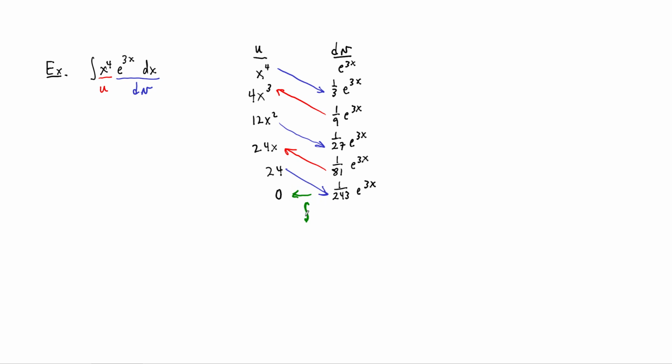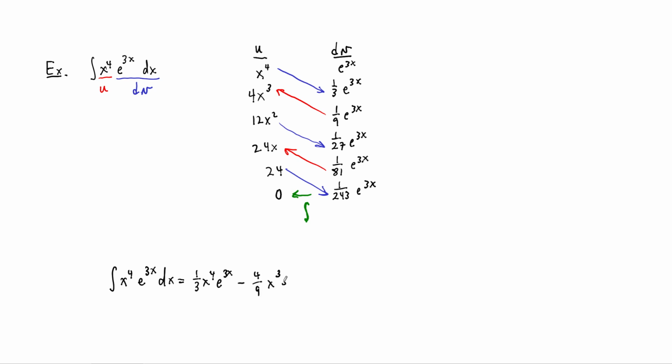But the green always comes with an integral. And so let's write out the answer to this, okay? So this is going to be the integral of x to the 4th e to the 3x dx equals, now very carefully multiply this all together, right? So it's 1/3 x to the 4th e to the 3x, minus, because we're going right to left, 4/9